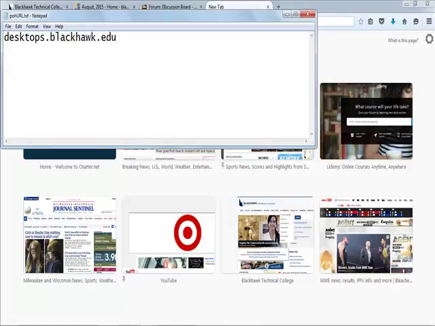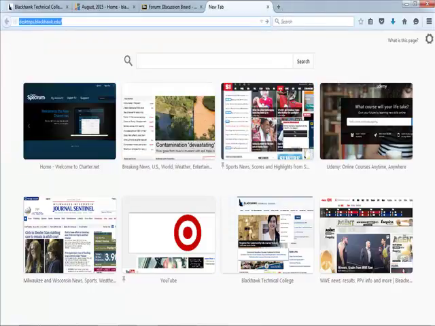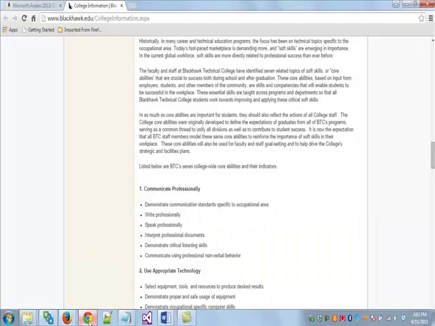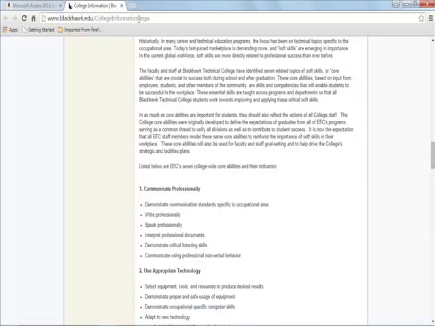desktops.blackhawk.edu. You can do that at any browser. It can be IE, it can be Chrome, it can be Firefox. All right. If you have me also for the 157 class, I'm going to recommend that you use the latest and greatest in browsers, all right, which is Firefox. But you'll notice, and I've got actually, Chrome, but I've got Firefox up here. Here's Chrome. So if I come into Chrome right here and I type that in,